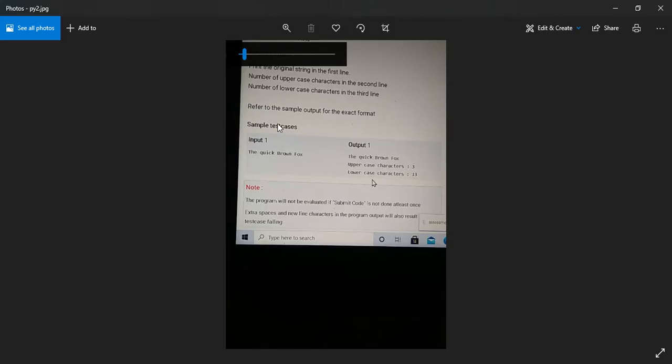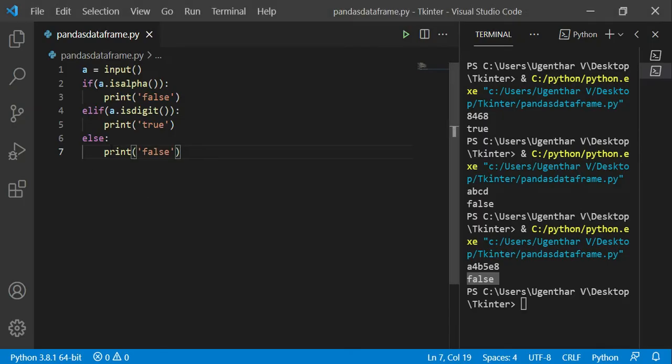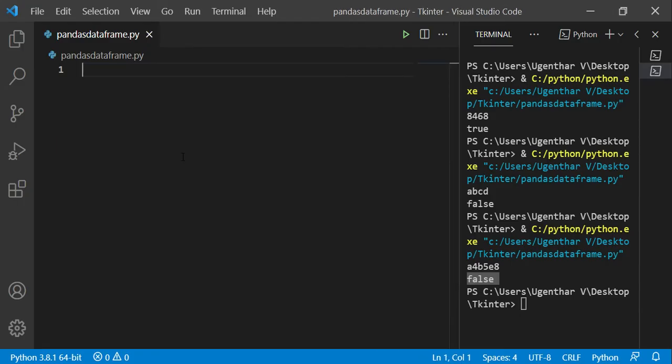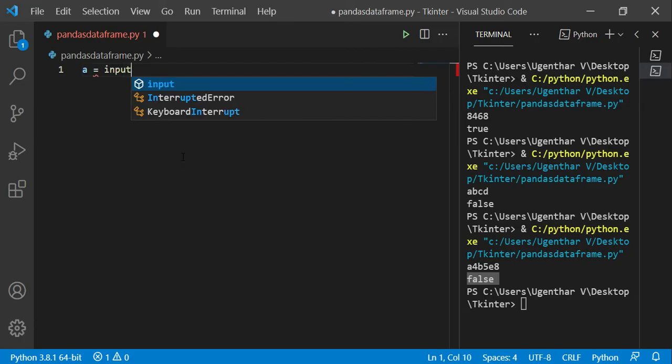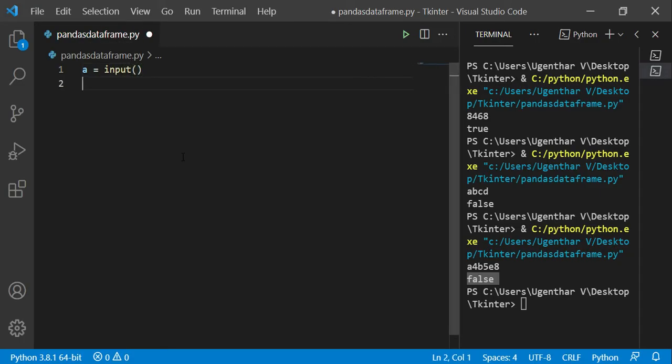Now let me do coding in Python. Let me comment this out and delete this. Now let me start our new coding. Let's again take a is equal to input. a will take the string as the input here. After that, we will be iterating through the string using a for loop.